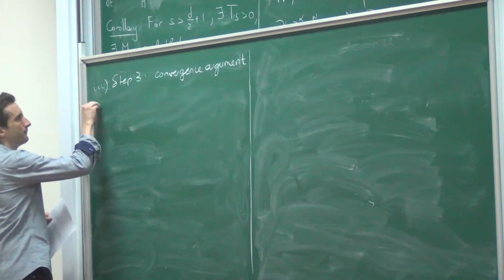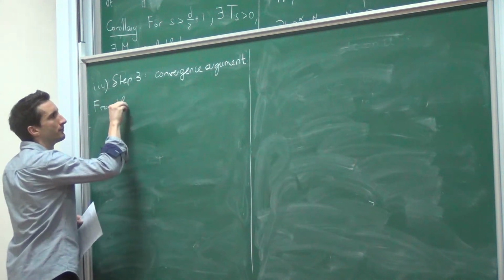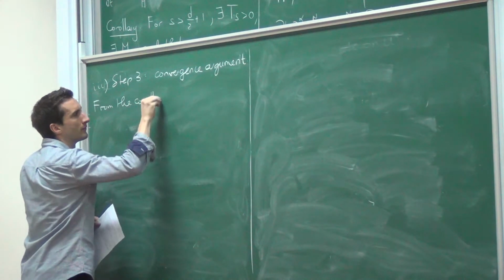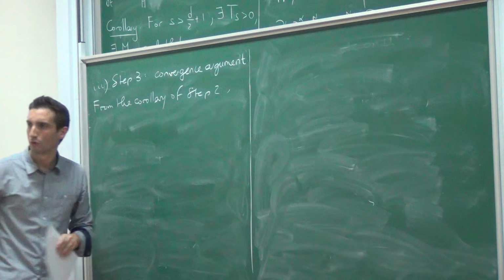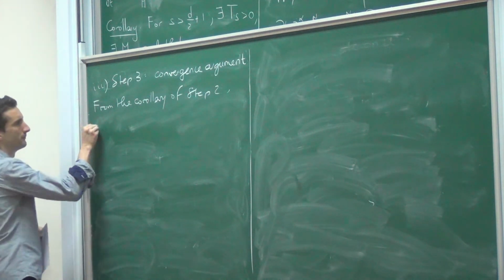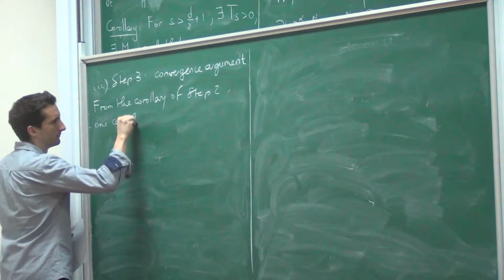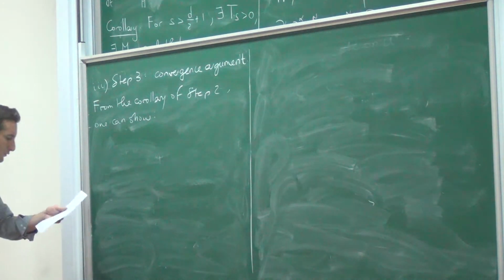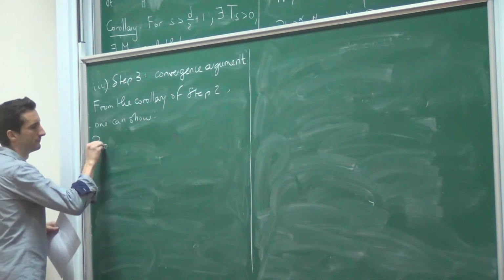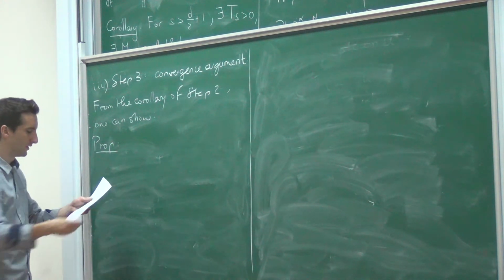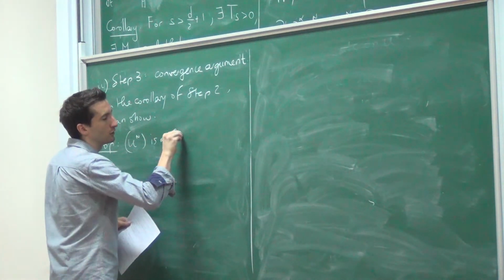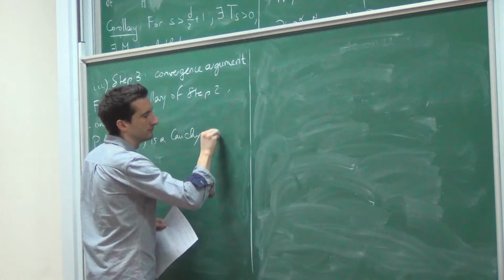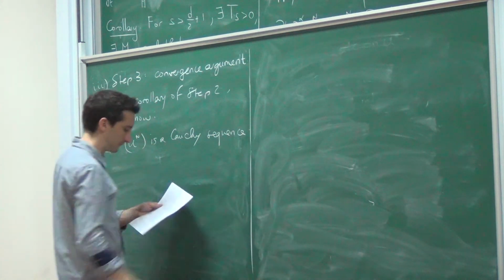So, from the corollary of step 2, you can show the following proposition. Un is a Cauchy sequence in